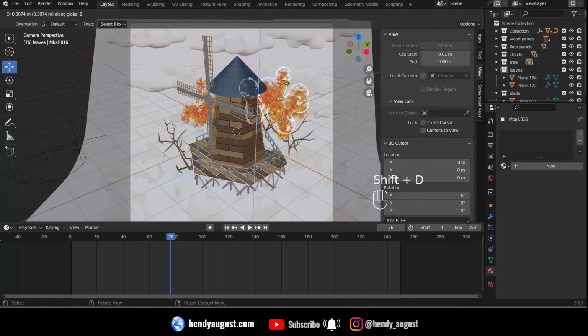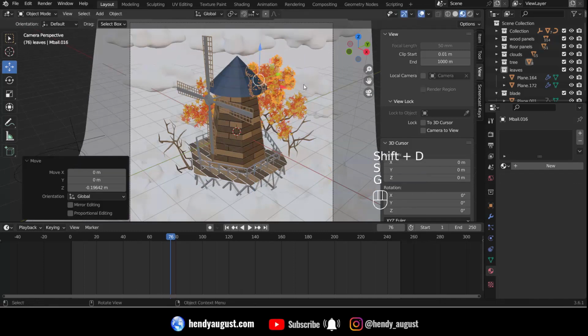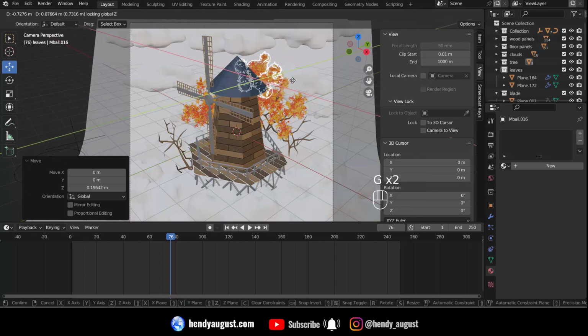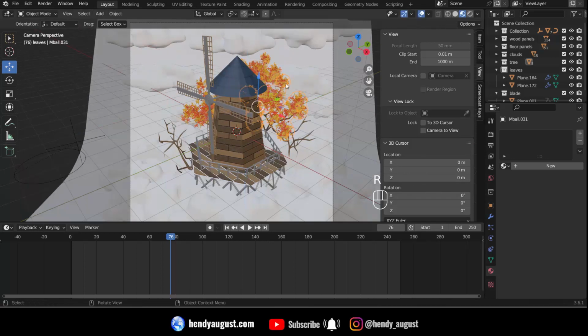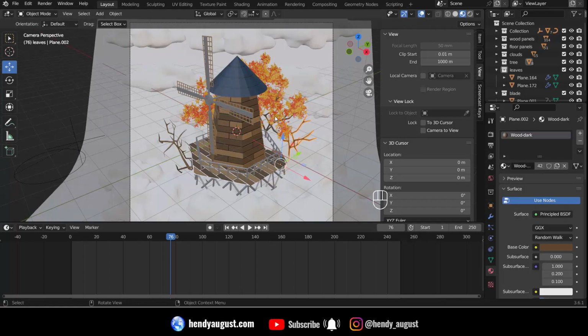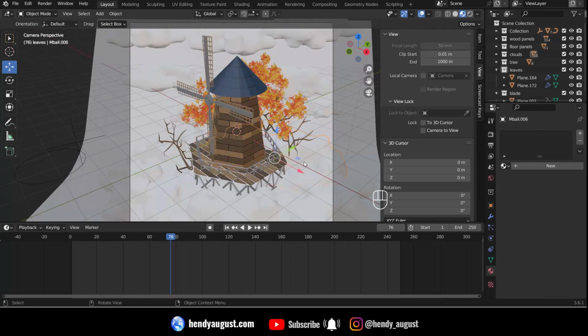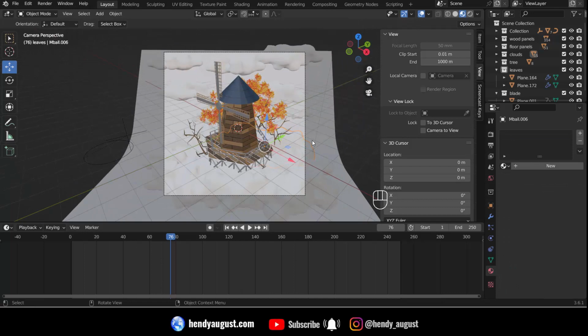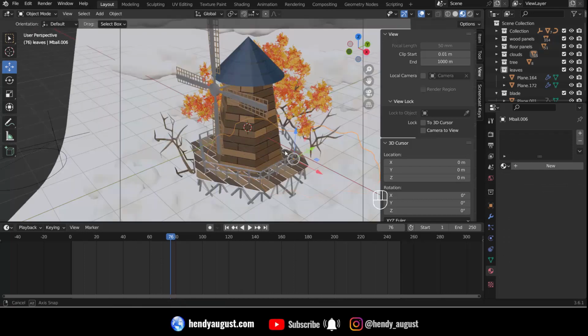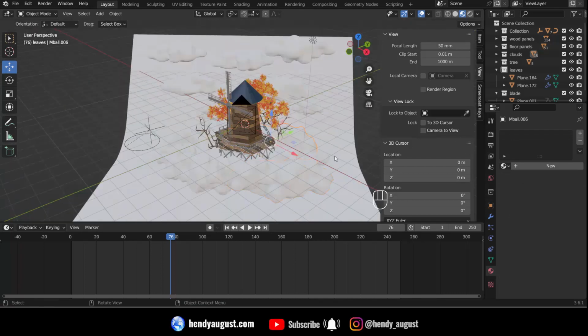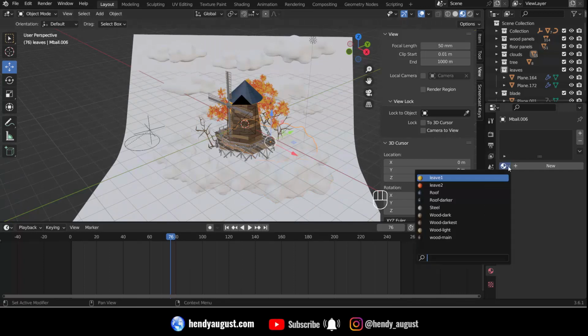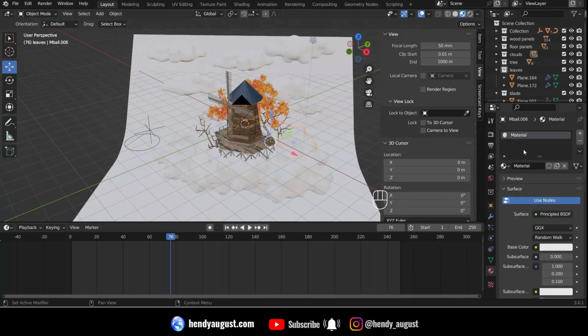Maybe we can duplicate this, give another leaves collection to the particle system in here. Okay, and now that we are done with the tree and the leaf, we're going to add a material for our cloud. Just select one of them, and then we're going to go with new material, cloud,